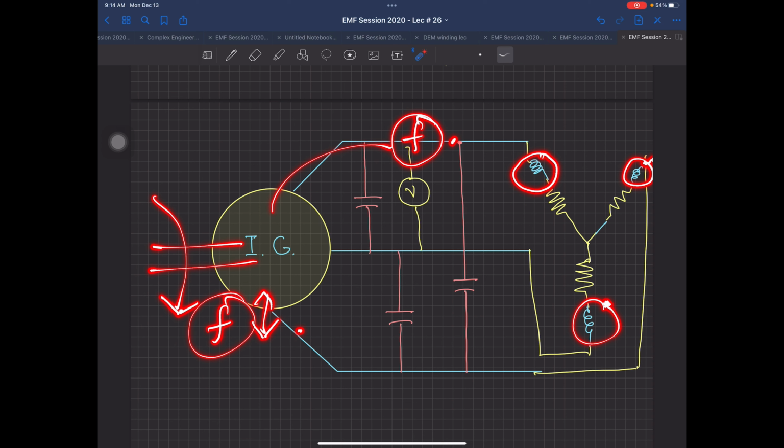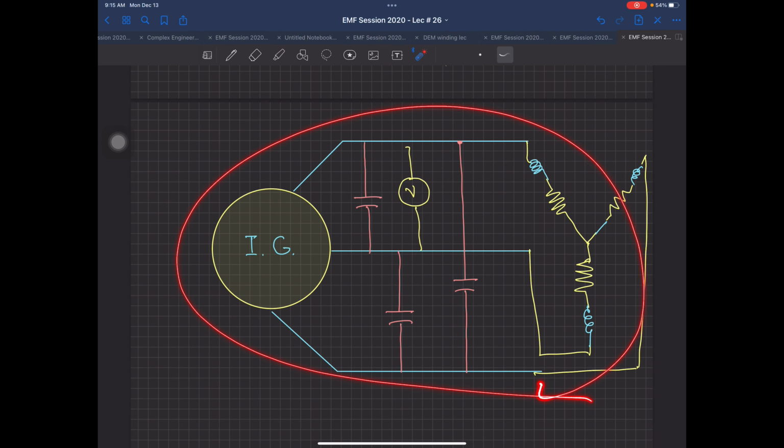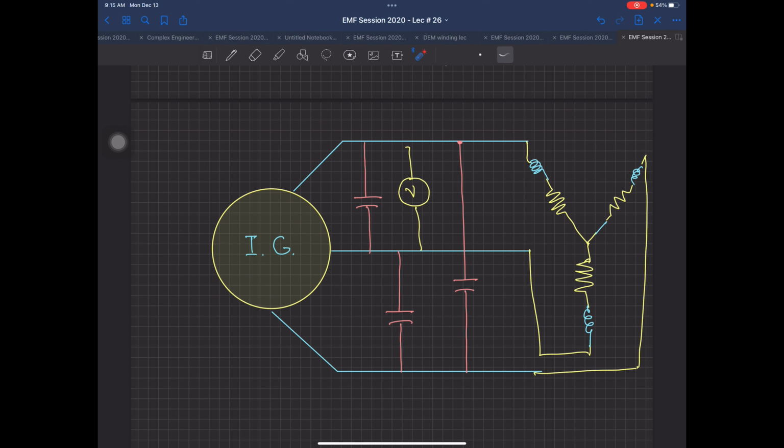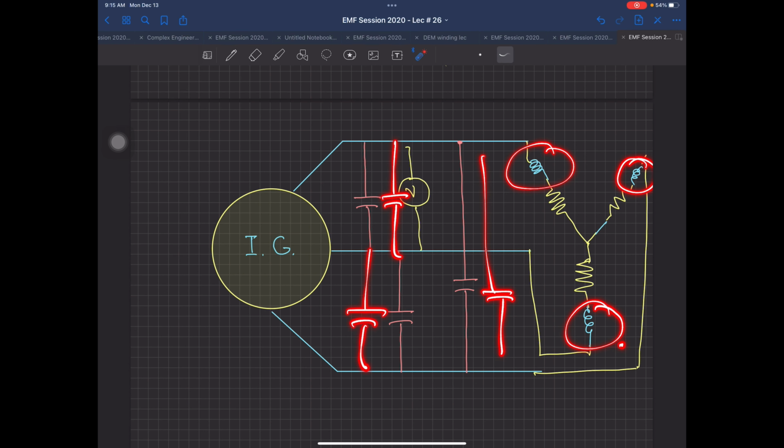So the problem over here is that whenever you are going to run this setup as a standalone, you require first of all a residual magnetism inside your rotor. Secondly, you require capacitors to be attached over there. That capacitor is going to give that reactive power over there. It will increase its magnetism, and then when you have given its magnetism, then you can attach your load over there. And if your load has a reactive power demand, then your capacitor has to be increased also, because these capacitors were only providing Q to your induction machine. Now they have to provide to your load also.